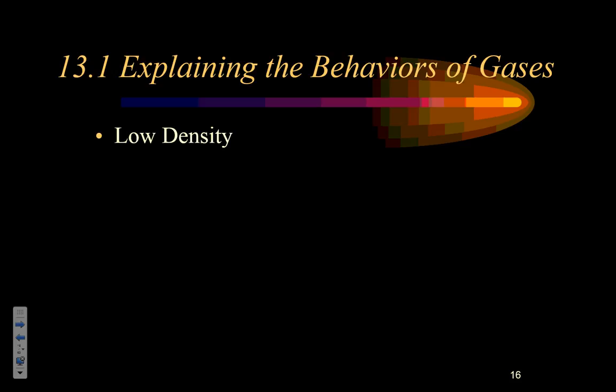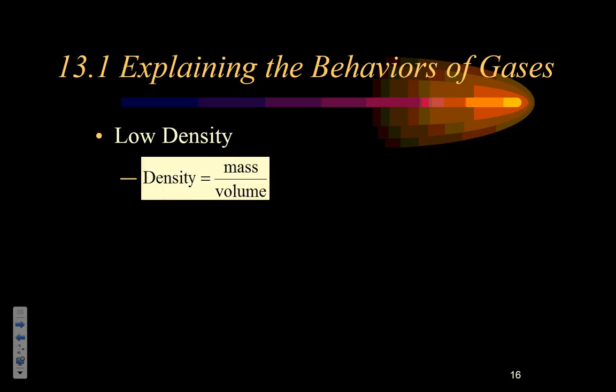Now, one of the things we should understand fundamentally about gases is gases have certain properties. And those properties are very predictable based upon the characteristics that we've been talking about. And one is that gases tend to have very, very low densities, significantly lower than solids and liquids do. And it makes sense if you think about it. Remember, the density equation is mass over volume. And if we're talking about an equal amount of substance, the mass is going to be the same. Well, as a gas, it has a very, very large volume.